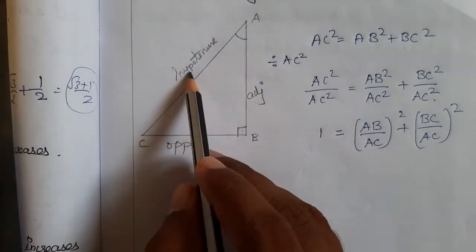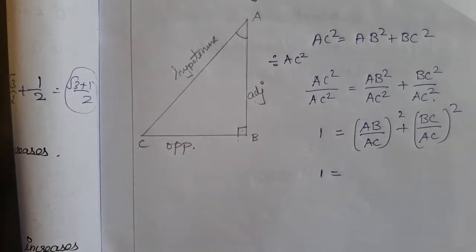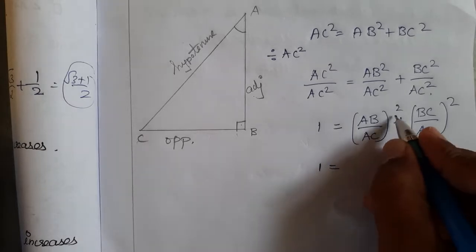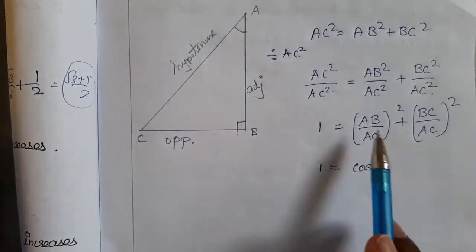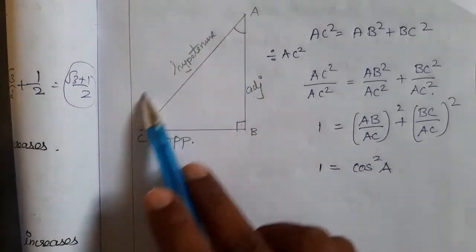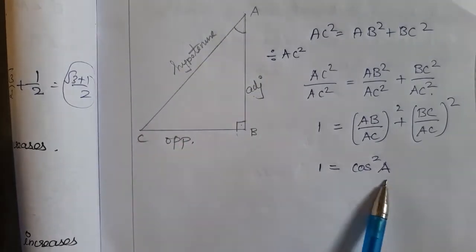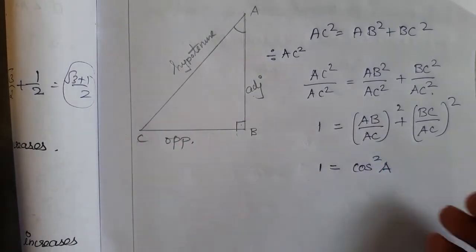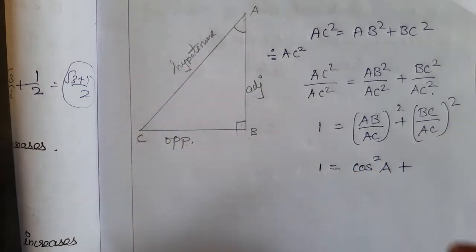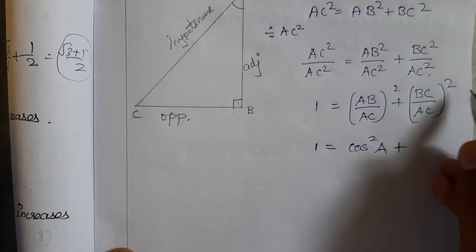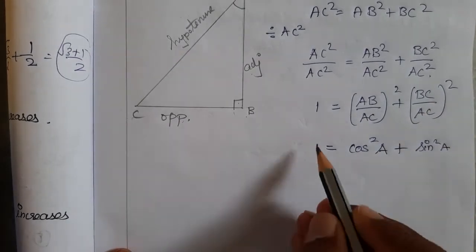So this is adjacent side divided by hypotenuse side. What is adjacent divided by hypotenuse? We call it cos, right? Since here is a square, we can say cos square. We are taking the angle as A, so AB is the adjacent side, AC is the hypotenuse, adjacent by hypotenuse is cos A, so cos square A. The square is obtained since we have a square here. Plus the same here, BC by AC. BC is opposite, AC is hypotenuse. Opposite by hypotenuse is sine. Here is a square, so sine square A. So this is one of the identities.